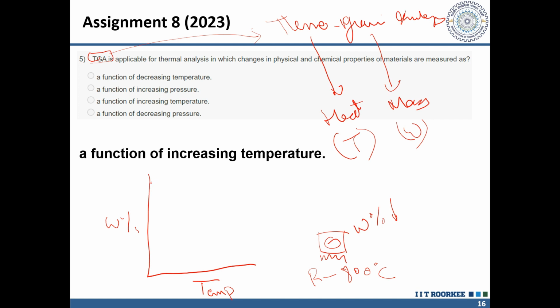At room temperature, we will say that the mass is 100%. As the temperature is increased, for example up to 100 degrees Celsius, we can see a weight loss from 100 to, let's say, 95. If the weight loss is 100 to 95 at 100 degrees Celsius, then we can say that 5% is moisture or some volatile compounds. And then if there is a sudden decrease, let's say it reached around 50% weight loss at 200 degrees Celsius,